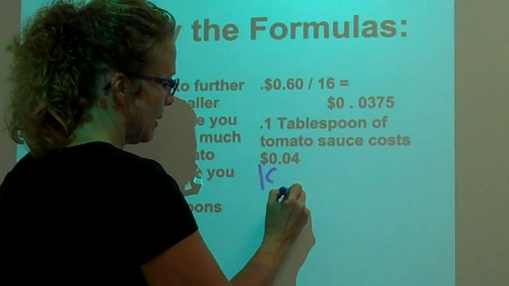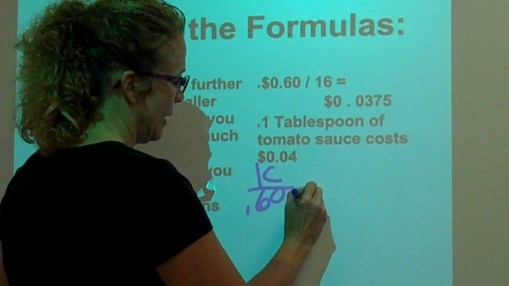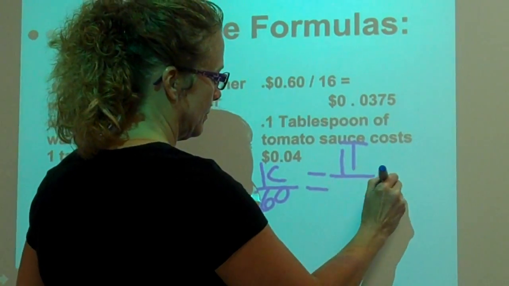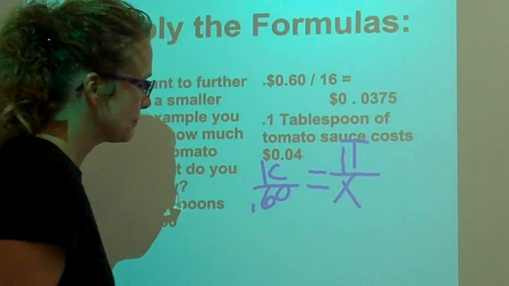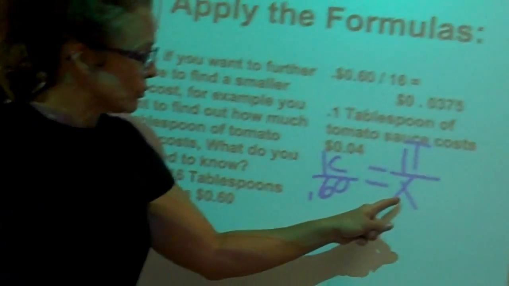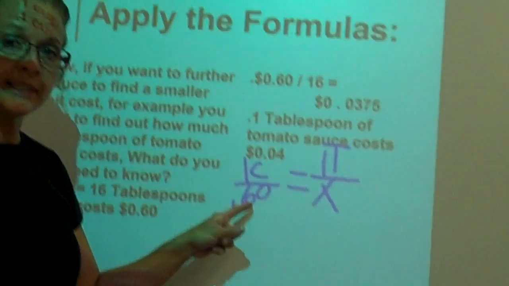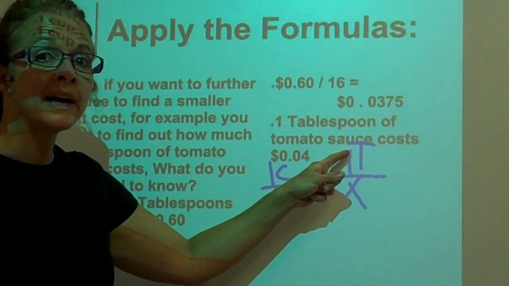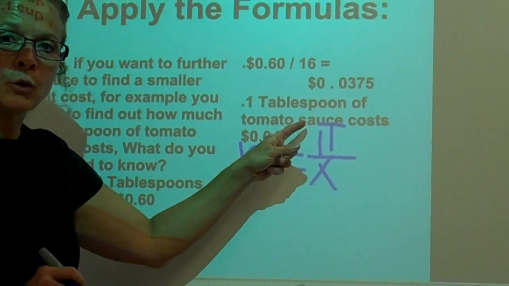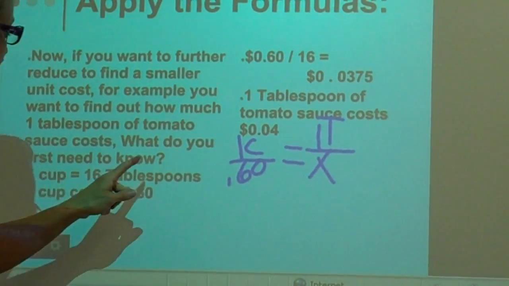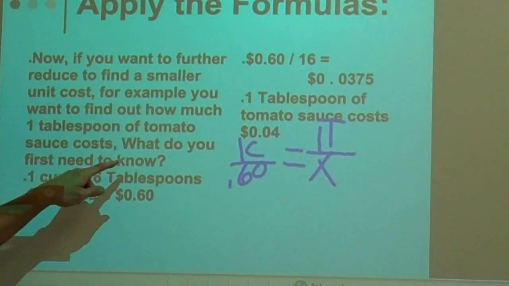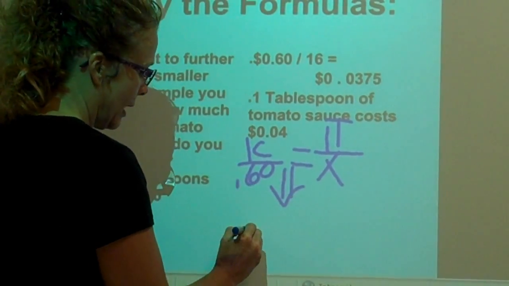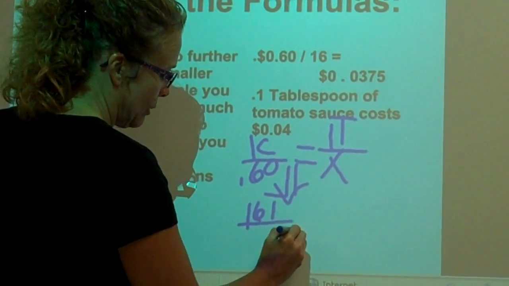We know that 1 cup costs 60 cents, and we want to know how much 1 tablespoon costs, and this is our x. Now, we have the price here, 60 cents. Perfect. But we have cup and tablespoon. It no longer matches. So this problem will not give you a correct answer. So what do we know? If we come back over here, we know that 1 cup equals 16 tablespoons. So now we can change this, and we'll just draw an arrow, and we'll put 16 tablespoons equals 60 cents,